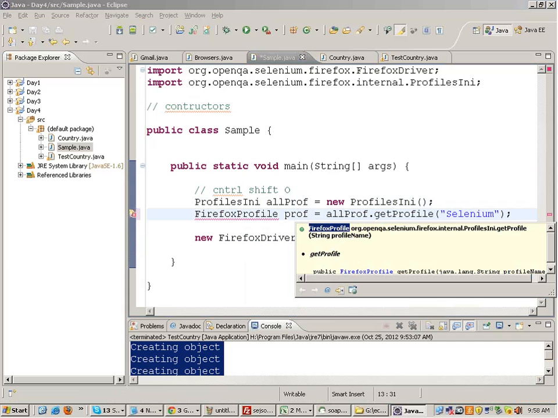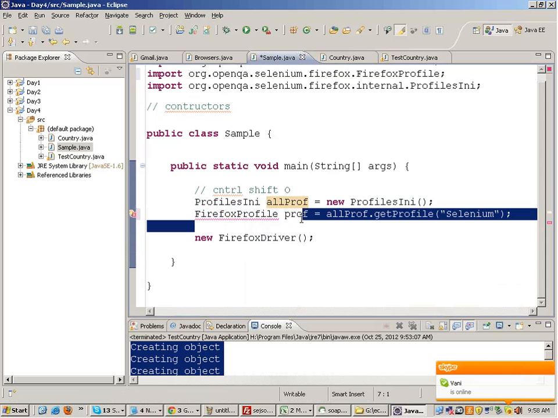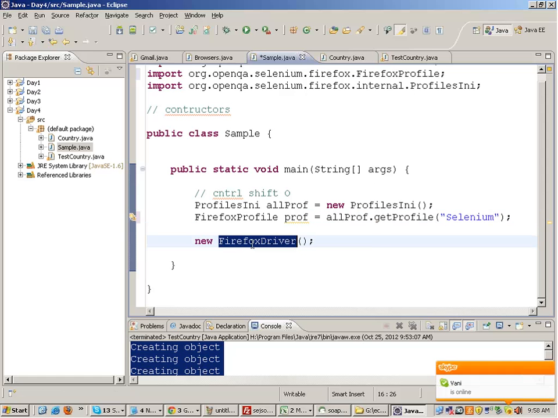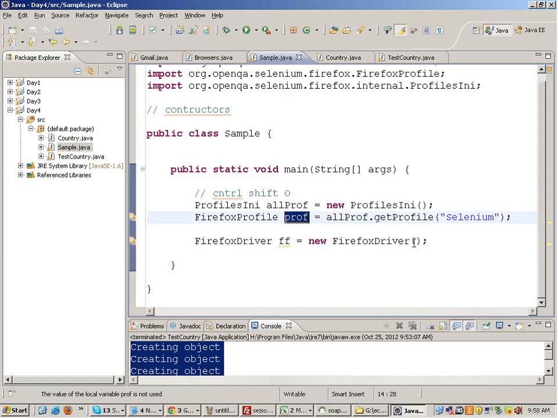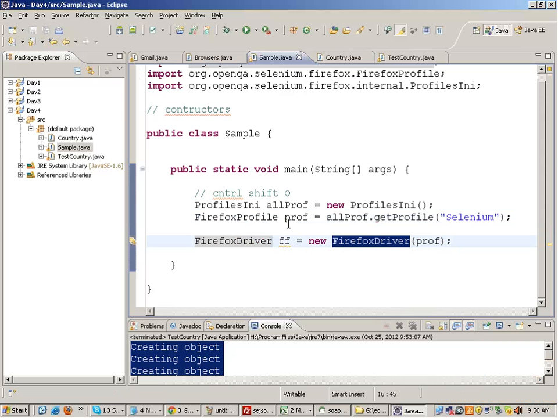So when you initialize your Firefox driver, you send this profile object in its constructor, just like we were sending the name of the country and population of the country in the constructor. Out here you can send the FirefoxProfile object in the constructor of FirefoxDriver. So when you run this,